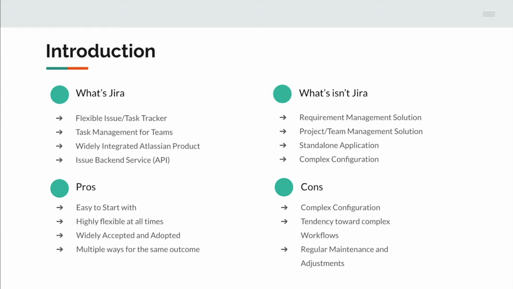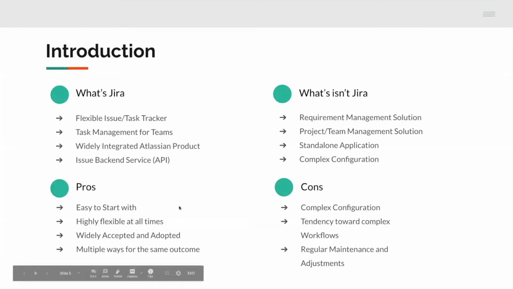It's also widely accepted and adopted, at least in software development projects, and it has tons of integrations and others. So it's a huge community. You can get a lot of support. You find a lot of useful articles, information like this talk, and so on. Because Jira is so flexible and customizable, it also means there is mostly not only one way to achieve what you want. So that also makes it easy to adapt, but it also has a burden,